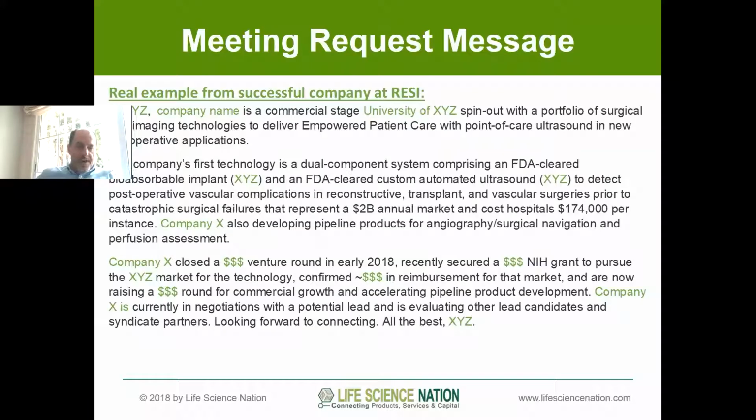And here we have an example, a sample message from a past Resi conference. This was a medical device company, I believe. And what's important about this message is that it gives you an idea of how long the message should be and the types of information that can be included. There's no single rule, but you can see that it's really quite complete. And I will be happy to send these slides to you after the conference, so you can have a look and read through it